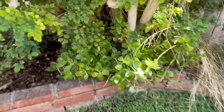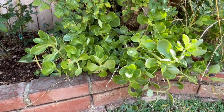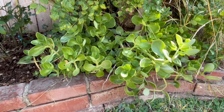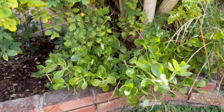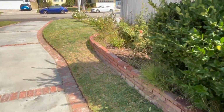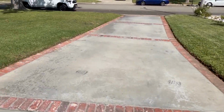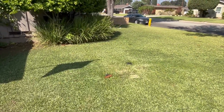We do have some sedum back here. Of course, sedum comes in a variety of colors, shapes, sizes. This is one that was actually from my neighbors when I was growing up, and so I'm lucky to have part of it now because it always, again, is kind of a remembrance of them. I'm not quite sure what else I want to do for this side over here, but over here I need to cut back the fortnight lilies,